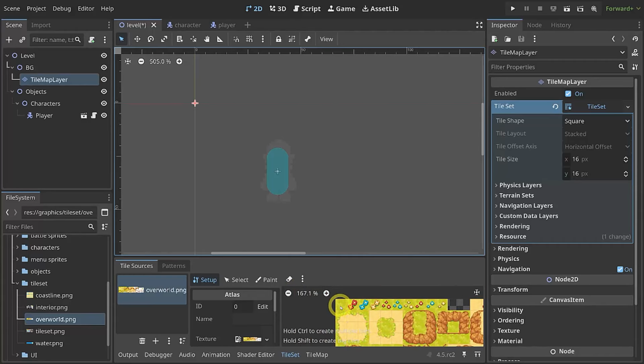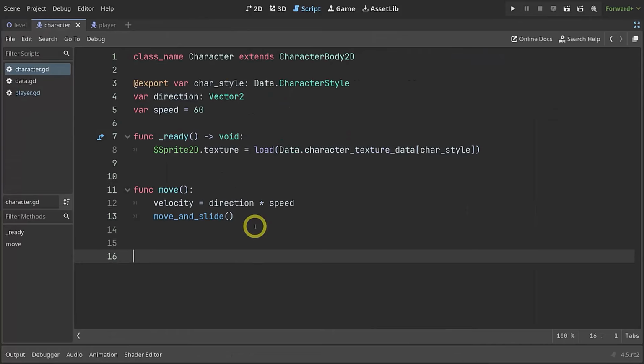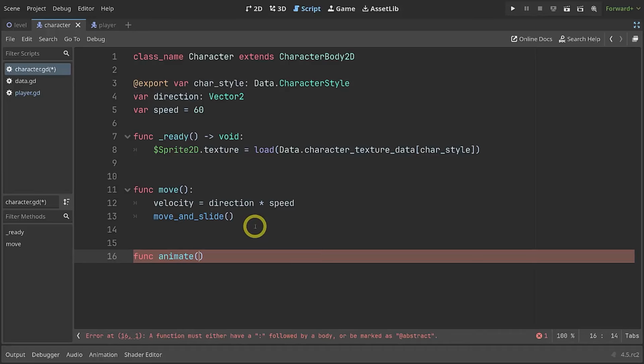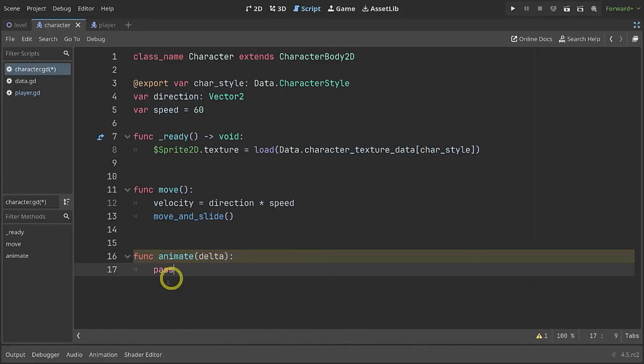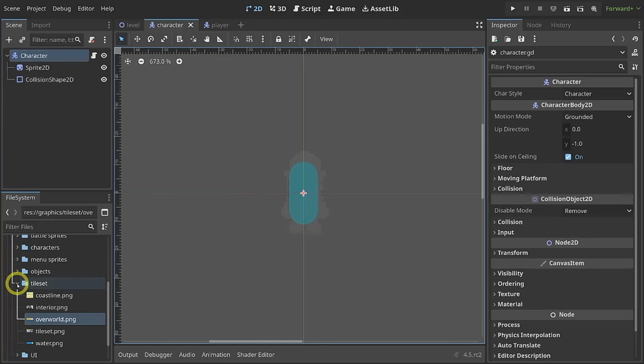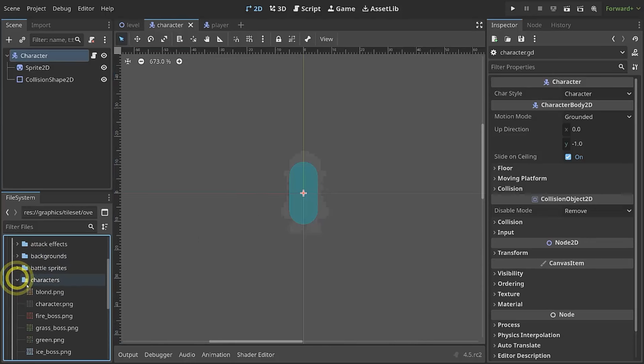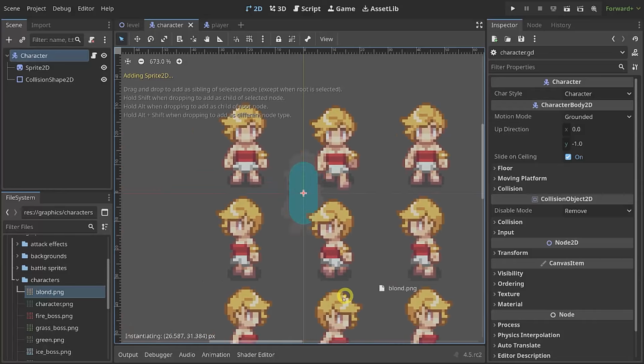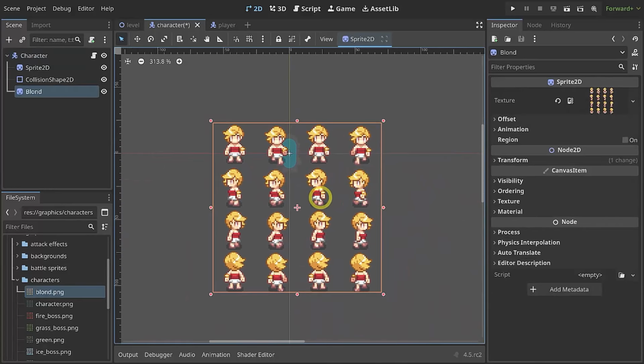Back inside of Godot, since we want to have animation for both the player and the trainers, I want to work inside of the character class. I want to have another func for animate. This one is going to need delta time. And for now, let me add pass in here, because we have to talk about what we want to animate. If I add one of the character graphics, like the blonde character for example,